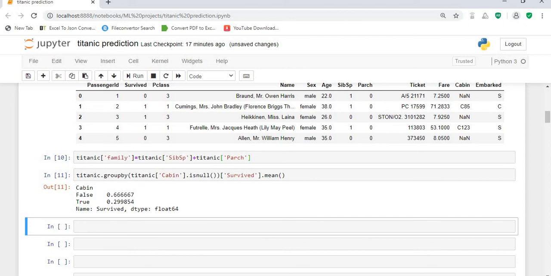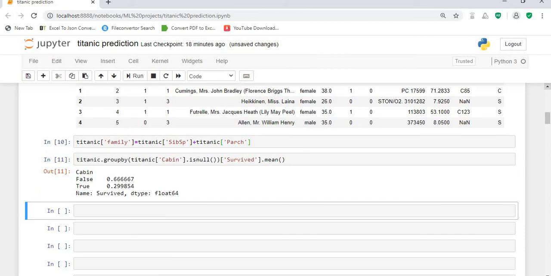After running this, we found that only 30% of people survived when they had a cabin and 67% didn't survive. So in this case, we are going to replace all the values where cabin is present with 1 and where cabin is not present with 0. For missing values also we can use 0. So we are going to replace the values.